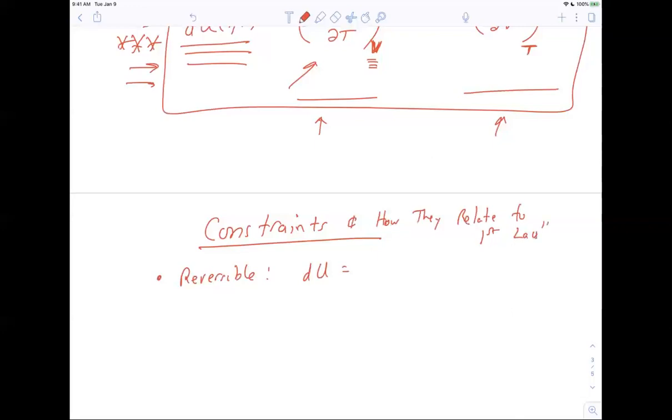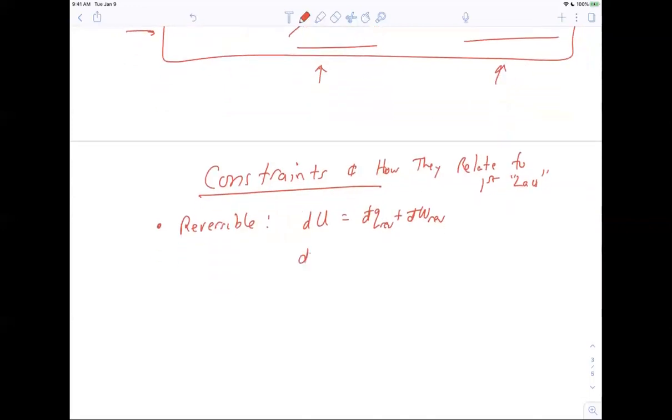Okay, that's what we're doing now, and how they relate to the first law. So everything will be a first law related kind of a discussion. So we know that for a reversible process, we have dq reversible plus dw reversible. Okay. And so for a reversible process, this is just going to equal dq reversible minus